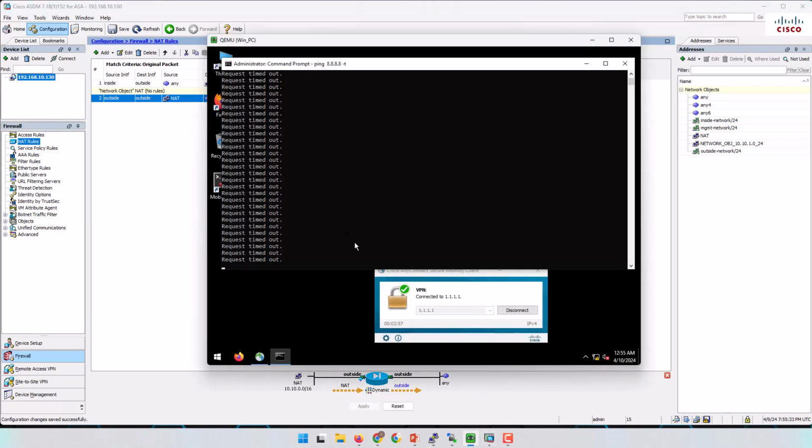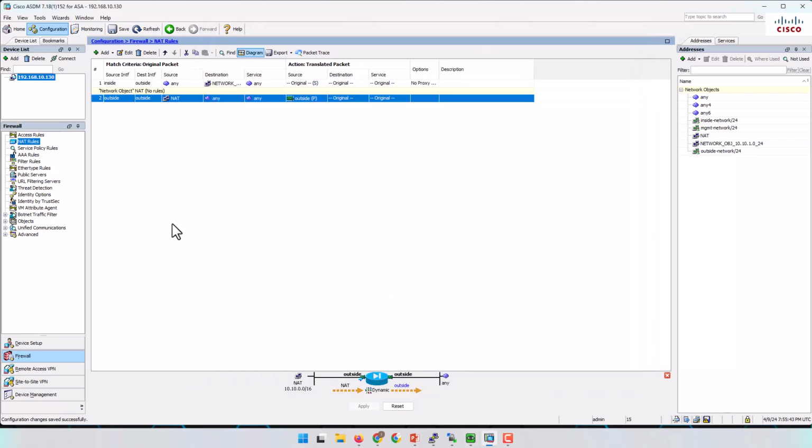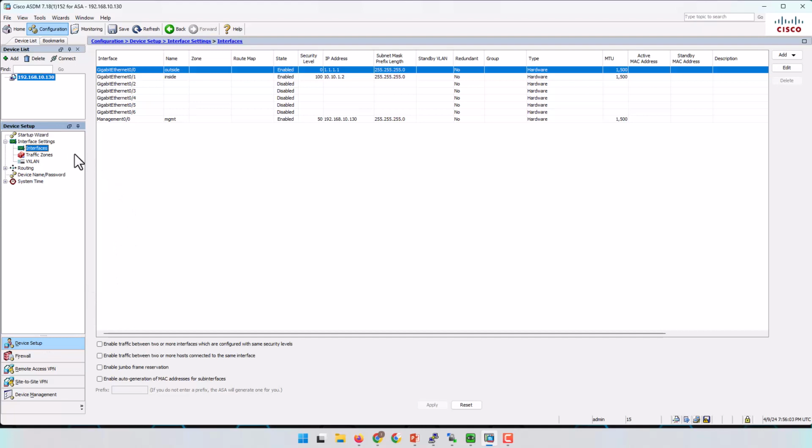Now let's check if we can ping it. You see that we still cannot ping this, and there is some other configuration that is required here. If you remember, in the previous video, part 1 of Remote Access VPN, I said if you want to ping a network or a computer through the ASA, we need to enable the ICMP inspection. And there is some configuration like that here, and that is the interface. If you see here, we have some options,